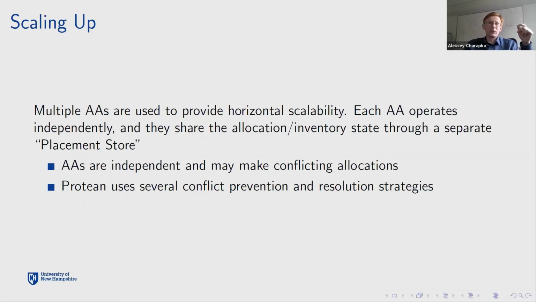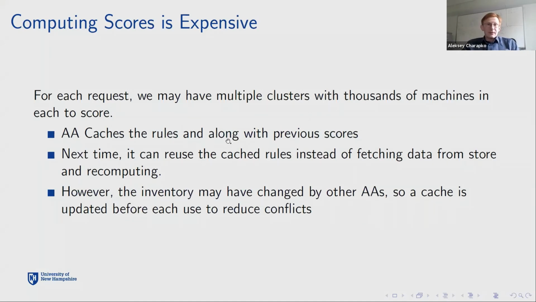So, for example, if you have a conflict in allocation, but the server can handle both of these allocations, then the placement store can combine the two together and proceed with the actual placement of the virtual machine. So there are a few strategies. And finally,